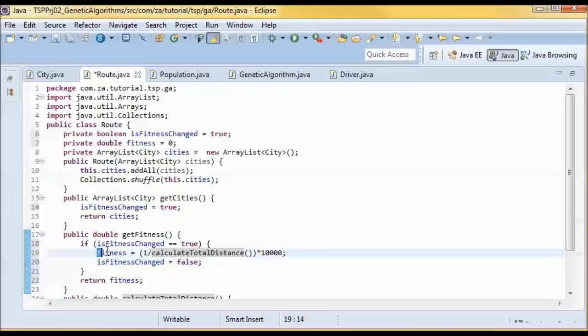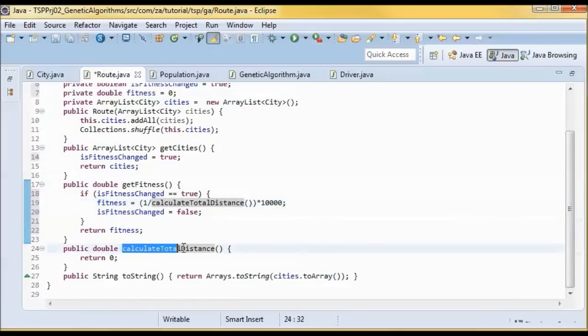So here I have the fitness calculated as 1 over the calculateTotalDistance method, so we call this method. So 1 over that, and for convenience I'm multiplying by this number.